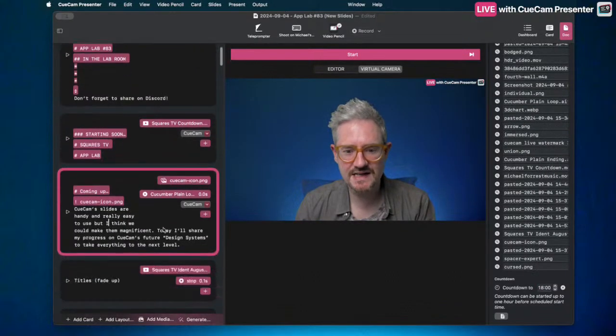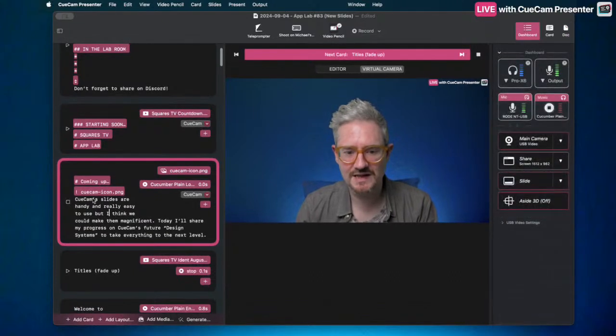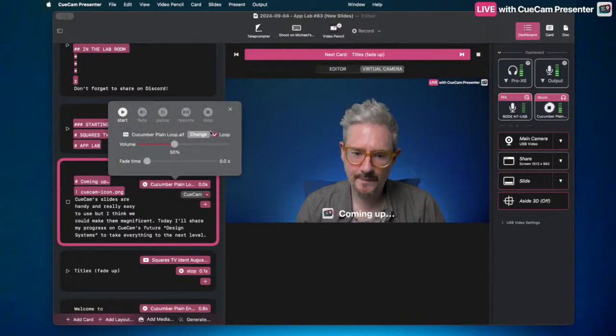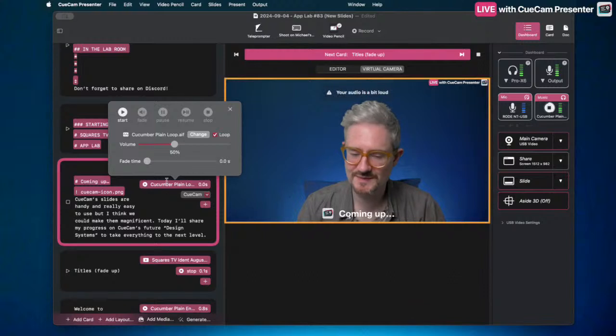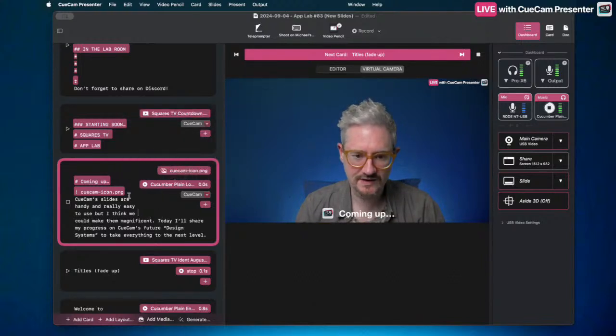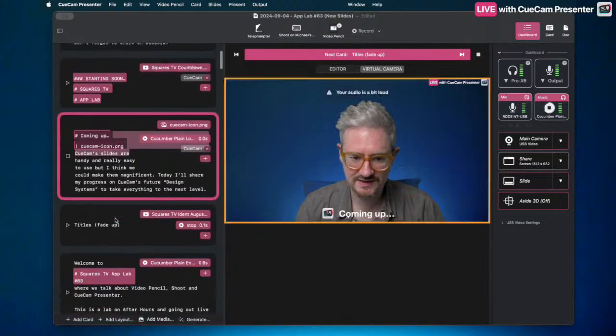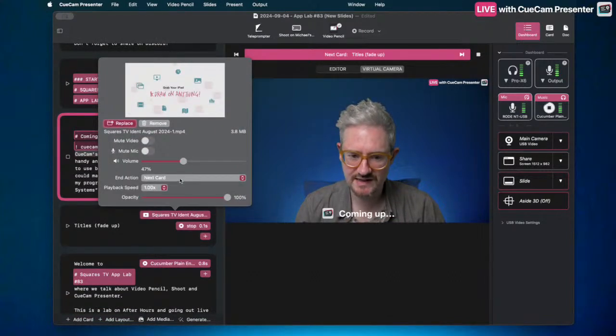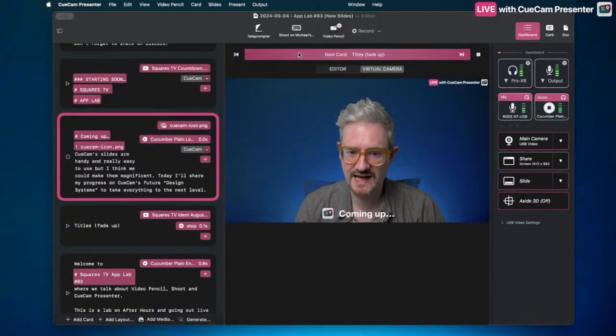The next card is my little coming up card, which has some music playing. I don't know if you could hear that because I couldn't hear it. This starts a music loop, which is just set to loop, and it keeps going while I'm talking. Then you've got a title in a horizontal layout, and then I've got my Squares TV ident on the next card, which is set to go to the next card afterwards, and it also stops that music. So when I go next,